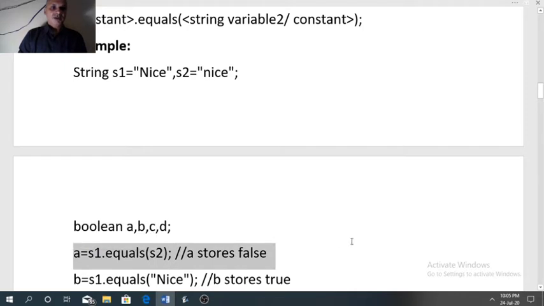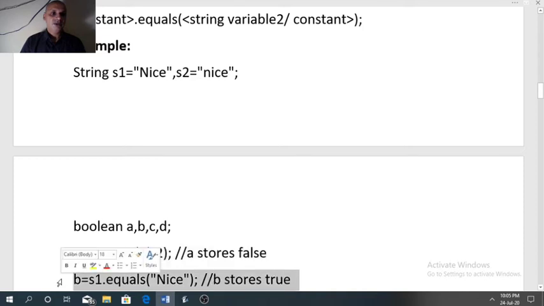A stores S1 dot equals S2. So here we will compare whether S1 is the same as S2 or not. The equals function checks both the strings along with their case also. Since both the words are the same but their case is different, the function will return false.